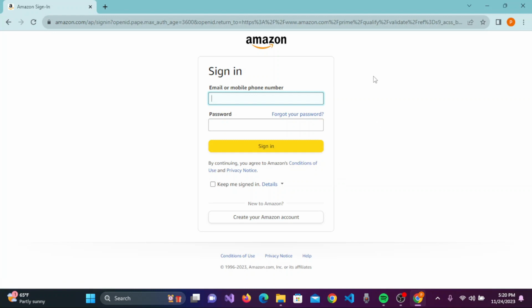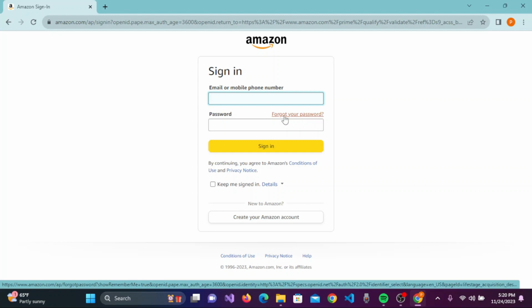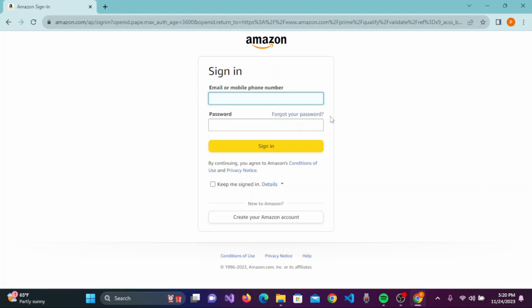this sign in page of the Amazon Prime Student, where you need to enter your email or phone number and you need to enter your password. If you forgot your password, then simply you need to click on this forgot your password link and you can recover your password from there. Once you have entered your credentials here, you can click on sign in and easily sign in into Amazon Prime